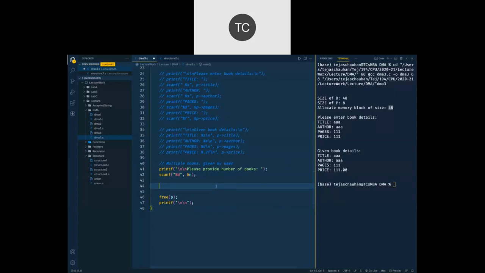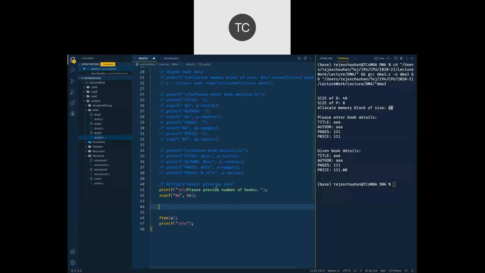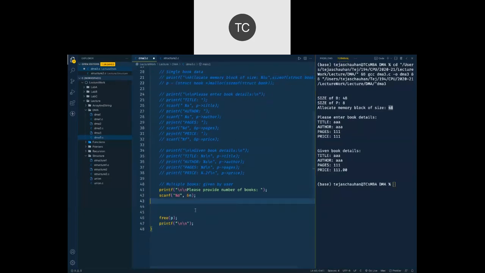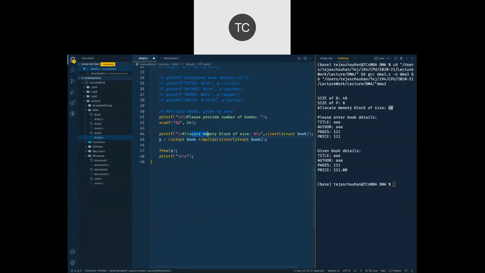User will say, okay, I do have 5 books. Now once user will tell you the number of books, then you are going to allocate a memory. उसके बाद आप decide करोगे आपको कितनी memory चाहिए. So just like this way, I'm going to allocate a memory here, right? So allocate memory block of size, but now this size is going to be equals to number of books multiplied by size of your structure.